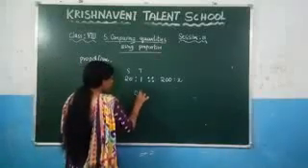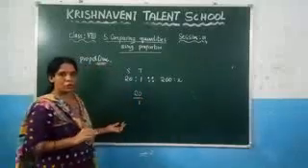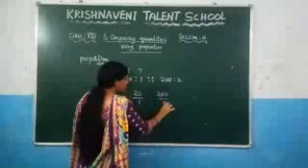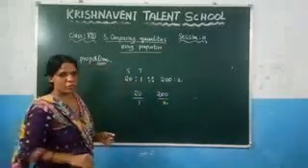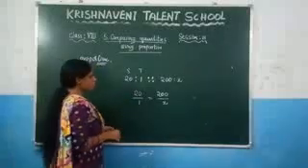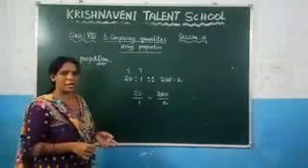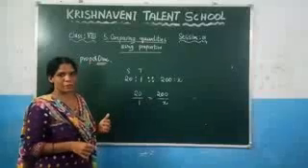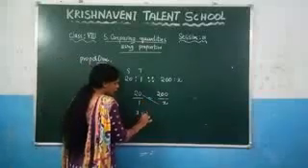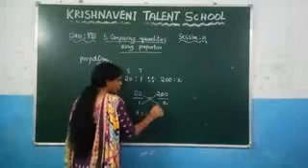Let us see how to find this one. So you can write this one as 20 by 1 in the form of a fraction, and this one you can write as 200 by x. And you know that these two ratios are equal because these two ratios are in proportion. So here if you want to find x, you can do the cross multiplication. So here x into 20 is equal to 1 into 200.